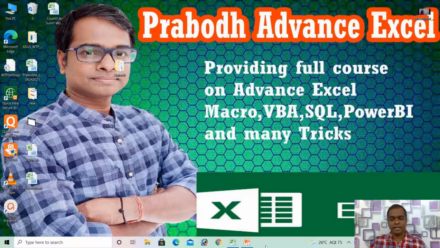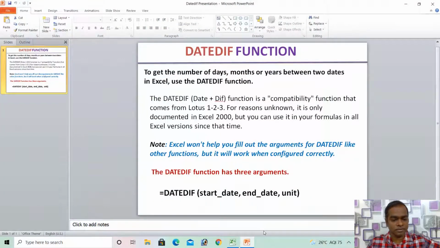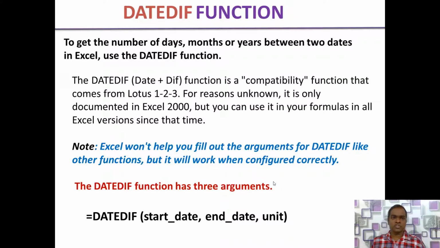Let me take you through the definition part. The DATEDIF function is used to get the number of days, months, and years between two dates. Basically, it's used to calculate the number of days, months, or years between two dates. The DATEDIF function is a compatibility function that comes from Lotus 1-2-3 and, for reasons unknown, it's only documented in the Excel 2000 version, but you can use it in your formulas in all Excel versions since